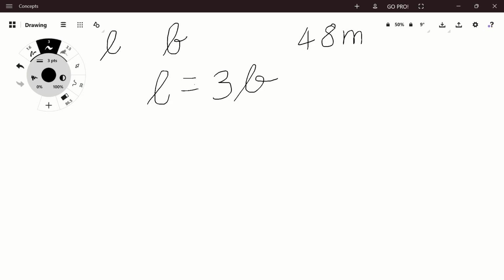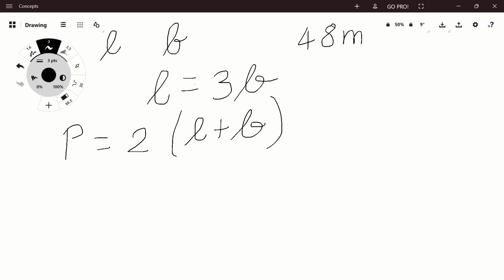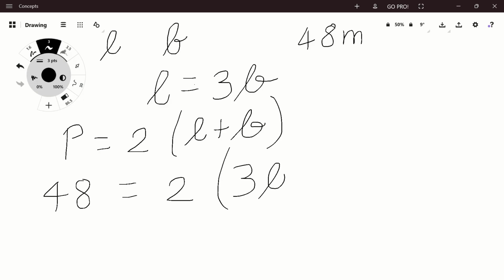Now, we know that the perimeter of a rectangle is equal to 2 into L plus B. Now, substituting all the known values into the formula, we have 48 equal to 2 into 3B plus B,